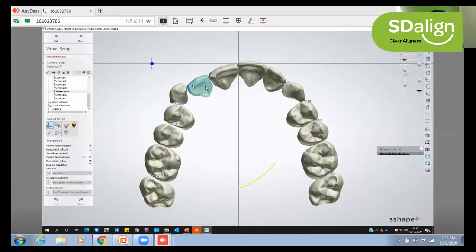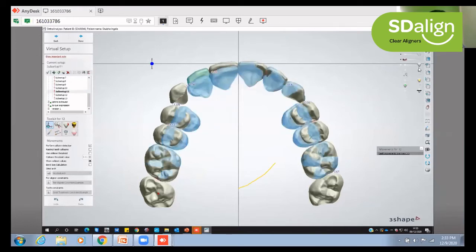As we can see, we have minimized, and if you remember, we had this blue tab on. We can see the left hand quadrant, we have not moved much. We have just focused on moving the upper right 1, 1 and 1, 2. The blue again shows us the pre-treatment position from the end of first stage, and this is the final position at the end of second stage. We can see the expansion with the upper posterior is intact, and only the anterior flaring in the 1, 1, 1, 2 region. The 2, 1, 2, 2 and 2, 3 can act as anchorage so that there is better control. Now let's see the same thing in the lower arch.